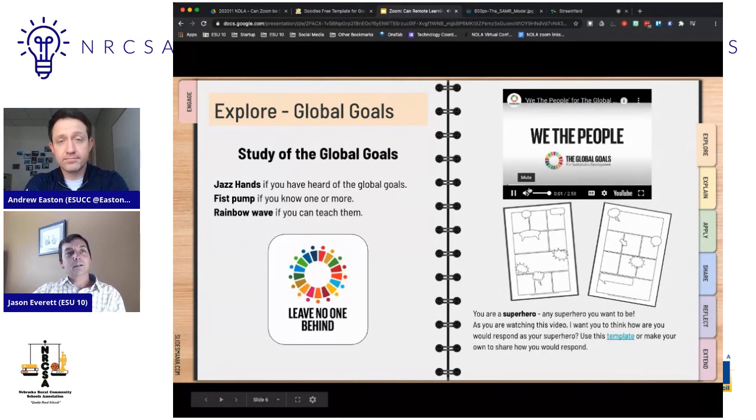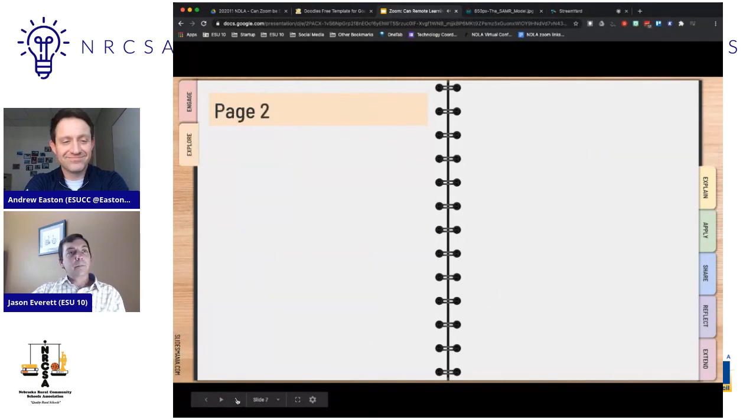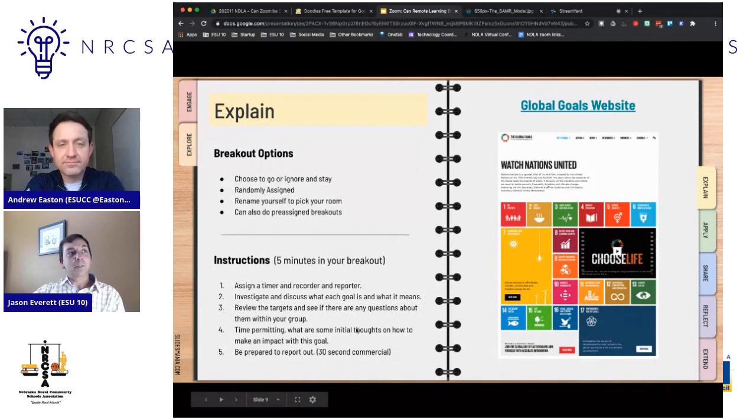And again, here are some blank pages that they can use as their notebook or their scrapbook, or however you want to frame that in terms of their note-taking capabilities. And here's another page where